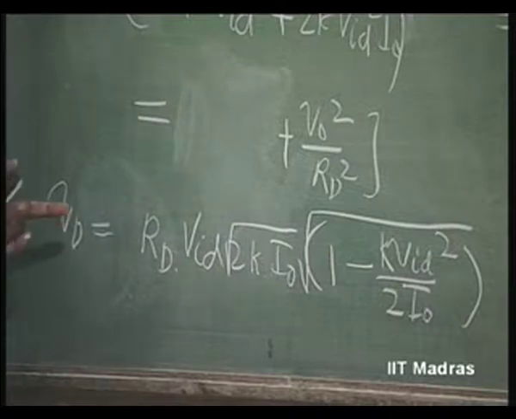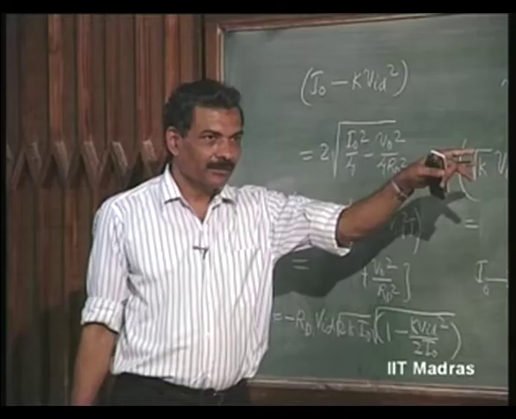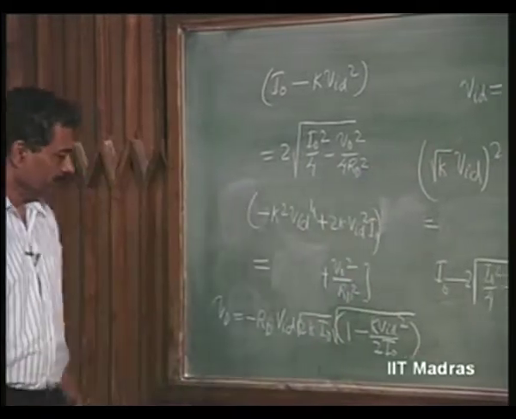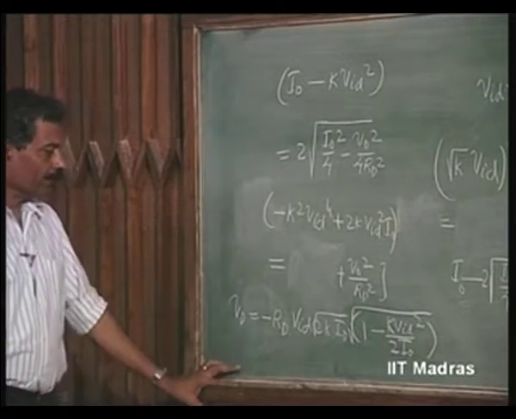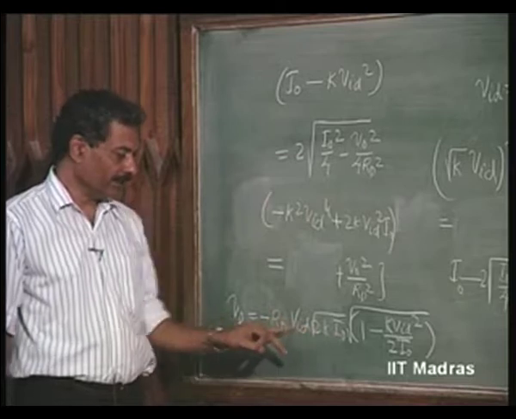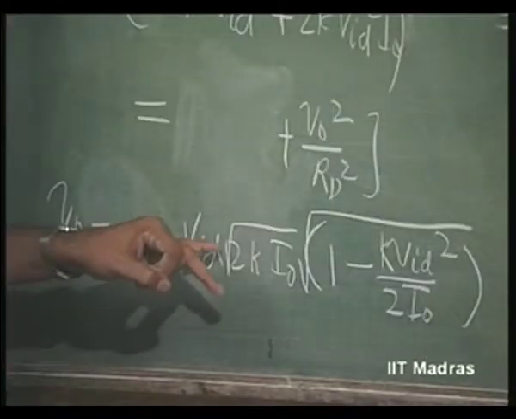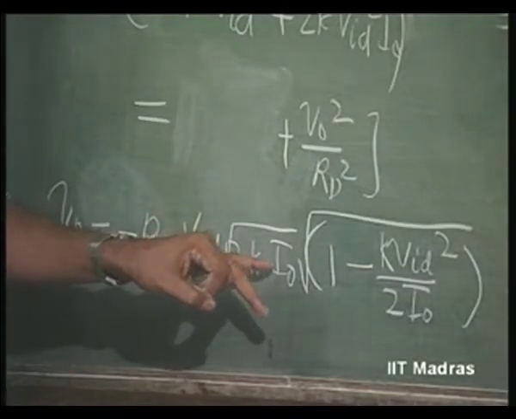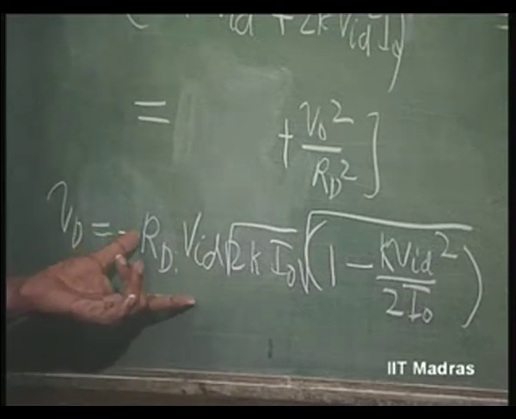It could be plus or minus, okay. So, it is strictly speaking minus, because that is a phase shift of 180 degree as we have assumed the polarity. So, this factor, if you verify, minus RD VID root of 2k into I naught, please verify,